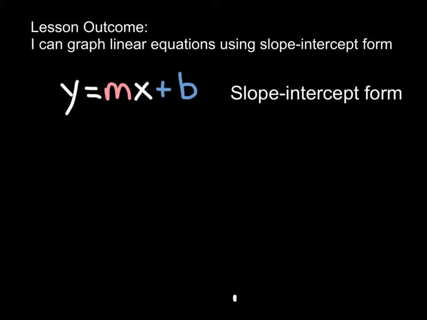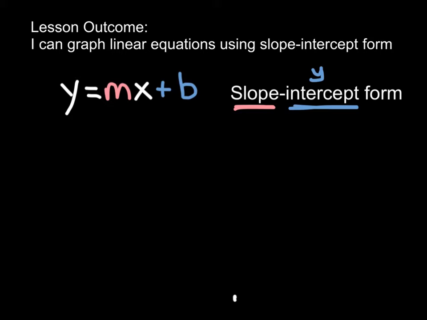The lesson outcome for this video is I can graph linear equations using slope-intercept form. What you see in front of you is an equation that is in slope-intercept form. The reason it is called this is because the slope and the intercept, now we have to be specific about what intercept this is, by the way. It is the y-intercept. I kind of wish that it was called slope y-intercept form, but standard verbiage is slope-intercept